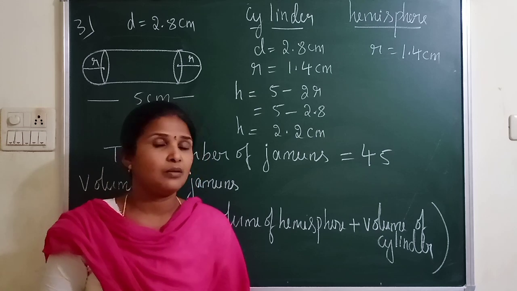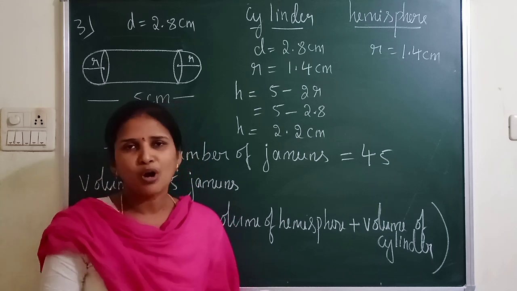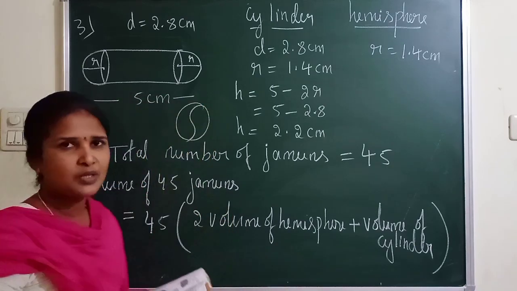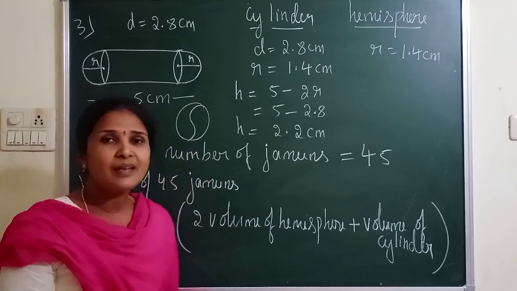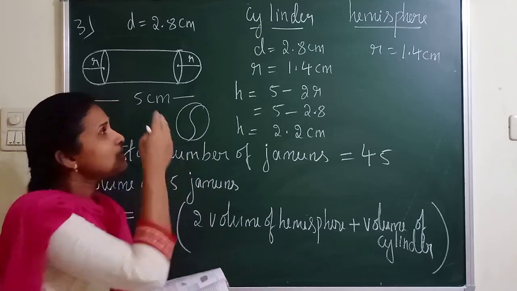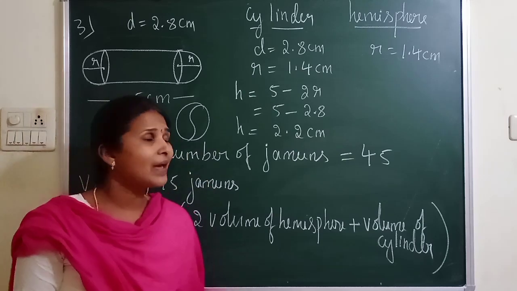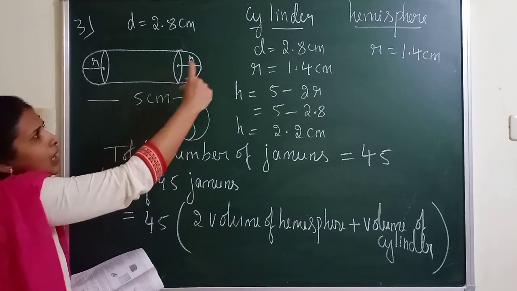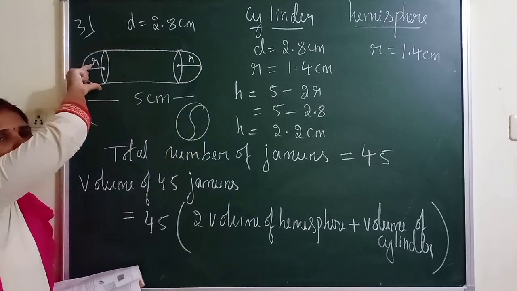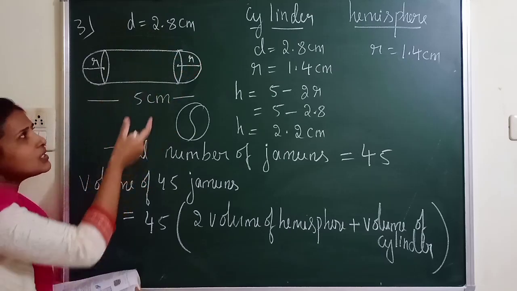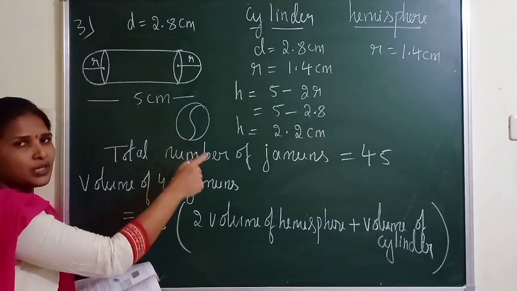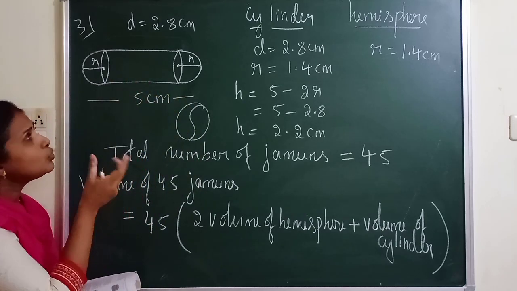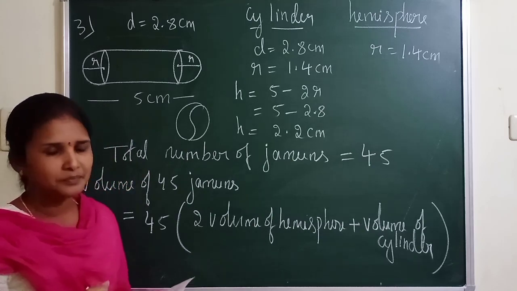Each is shaped like a gulab jamun, the way your mom prepares gulab jamun. It will be in spherical shape. I think all love gulab jamuns. So this will be in spherical shape, what we prepare regularly. But this is a somewhat different shape which has a cylinder. The jamun is in this shape which has one cylinder and two hemispheres attached at both the ends. So instead of a jamun like a sphere, they have taken a jamun in the shape of two hemispheres attached at the ends of a cylinder.